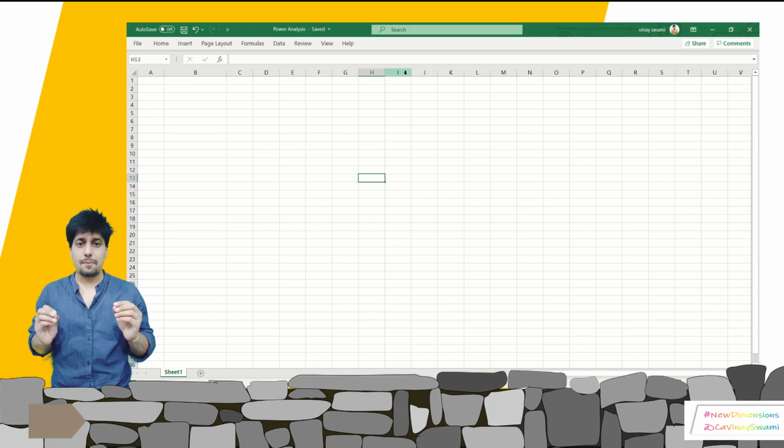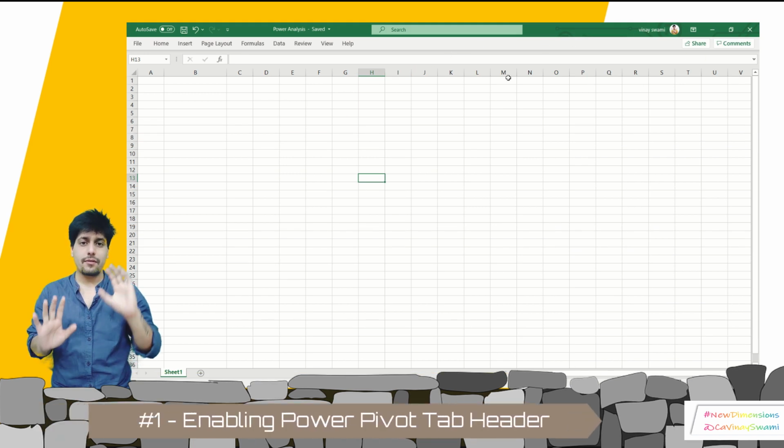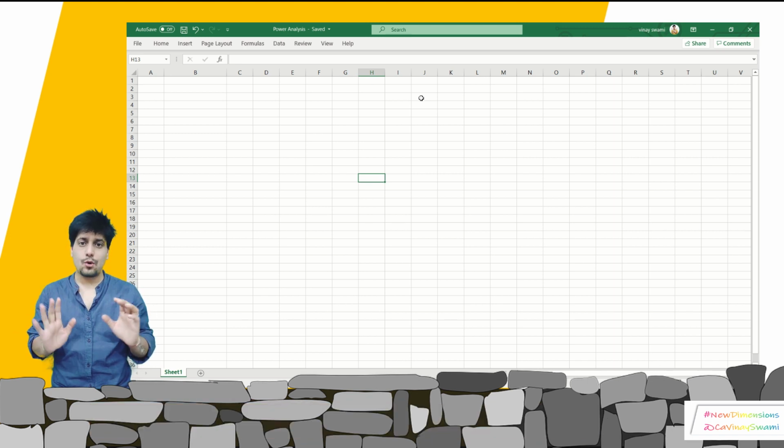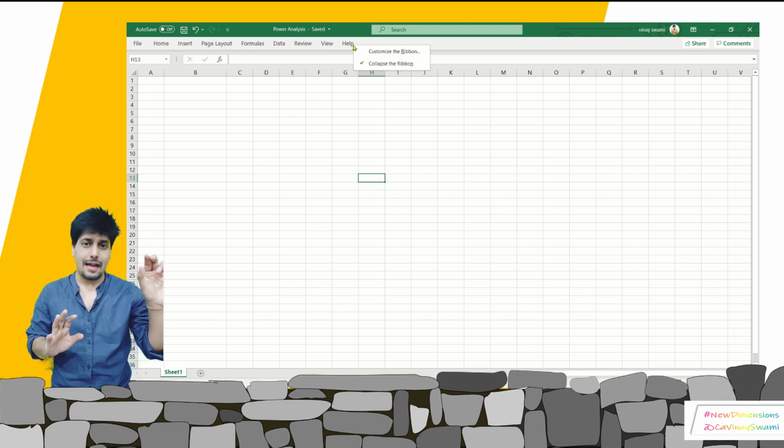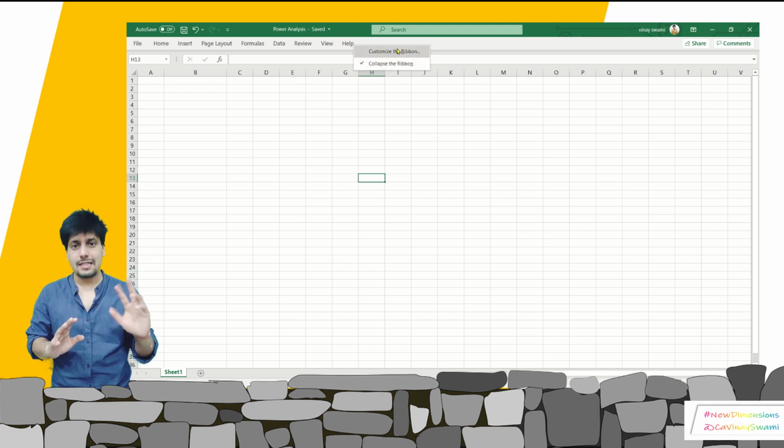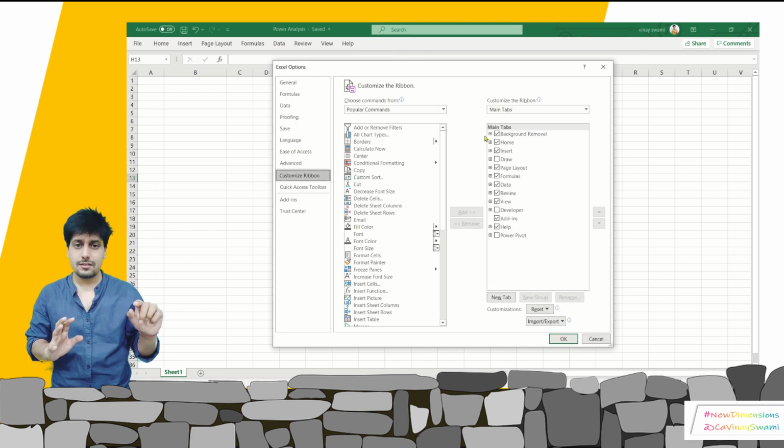The first step is to enable the Power Pivot option in your ribbon in MS Excel. There are a few ways, but I'm going to tell you the easiest method. All you have to do is right click on an empty area of the ribbon in MS Excel, and you will see a couple of options. One of them is customize the ribbon. You just click on customize the ribbon and there will be a list of